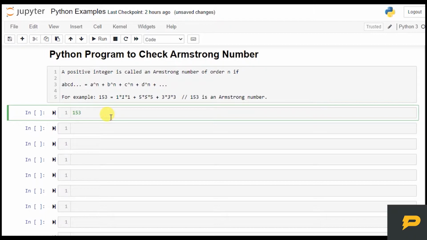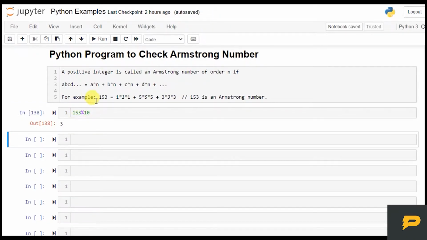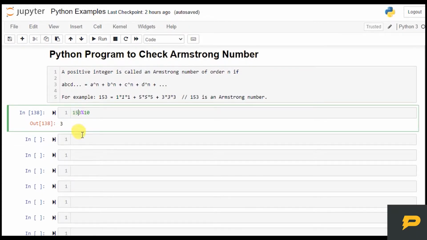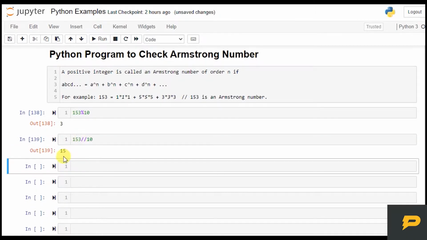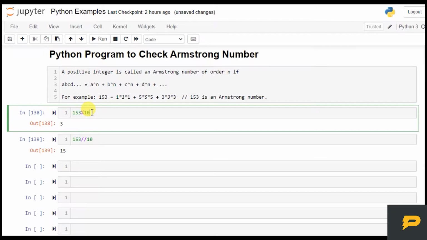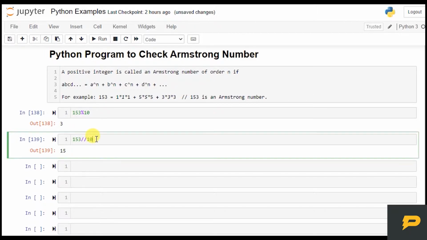For example, if I take the remainder by 10, I will always get the last digit. And next, I will divide the number by 10, and then I will get the remaining number. So in every loop, I will take the remainder by 10, take this digit out, cube it and add it to the sum, and then I will divide the number by 10 and I will get